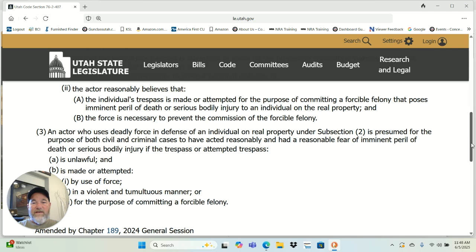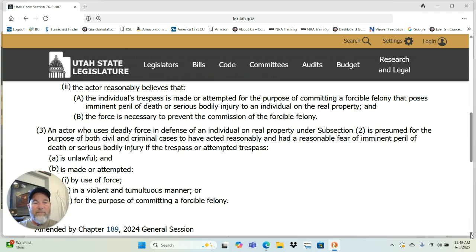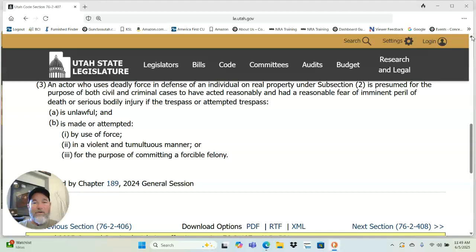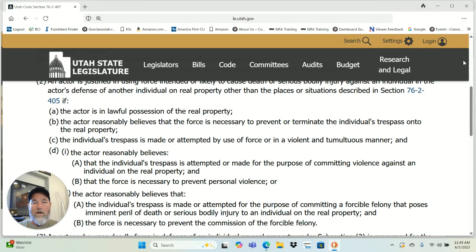The presumption of reasonableness is, if you use deadly force under the conditions that we just described, then for purposes of civil and criminal cases, you acted reasonably. Now, just because there's a presumption of reasonableness does not mean that you are off the hook from civil and criminal penalties. Okay? This is just providing you a defense, as I said earlier. Just because somebody says that you're justified in doing something, that will be determined by a court of law if a prosecutor decides that your actions were not reasonable,